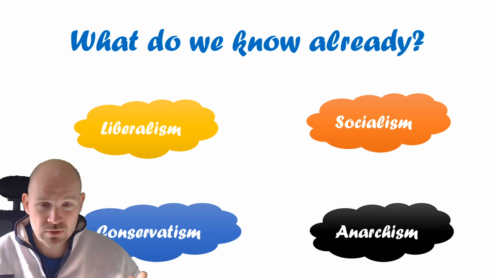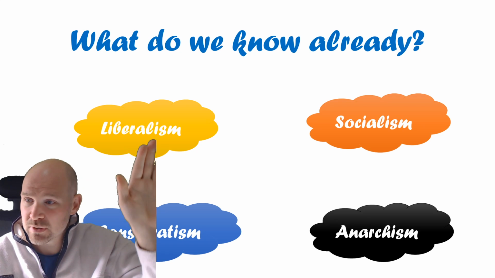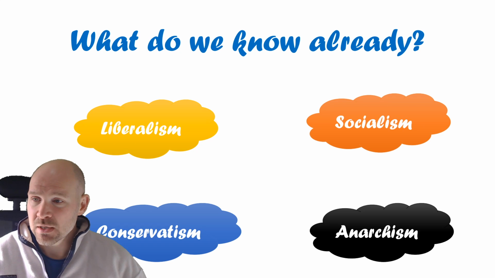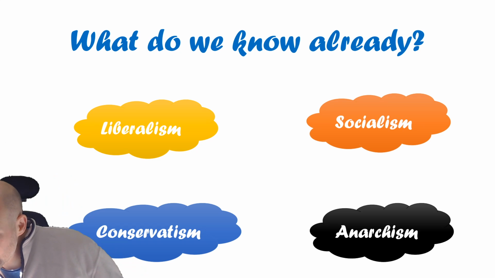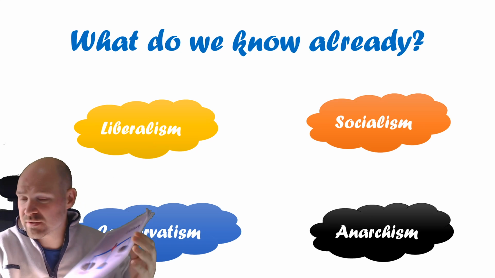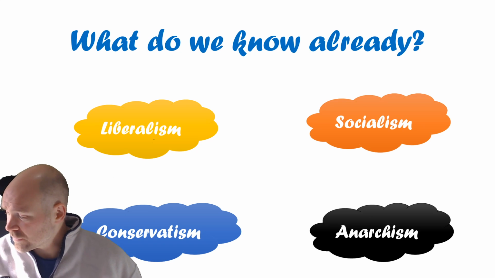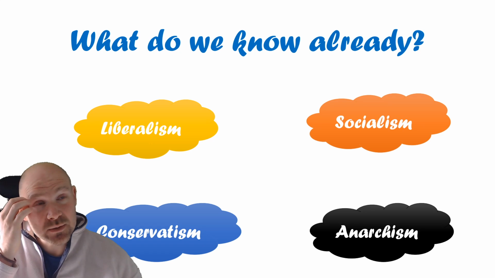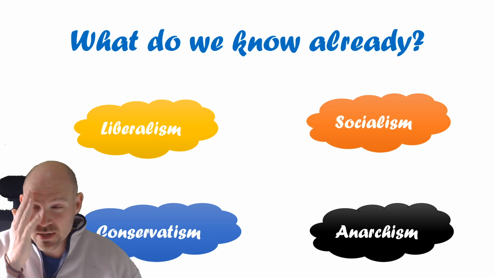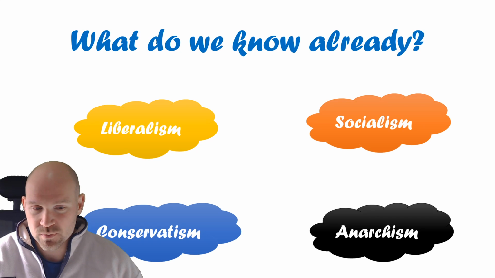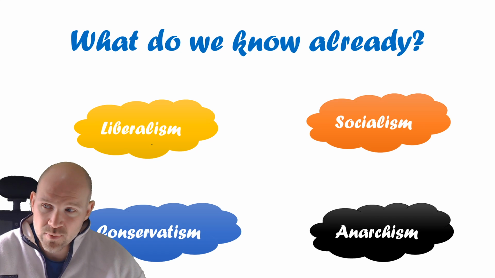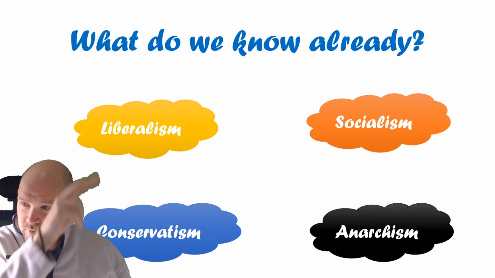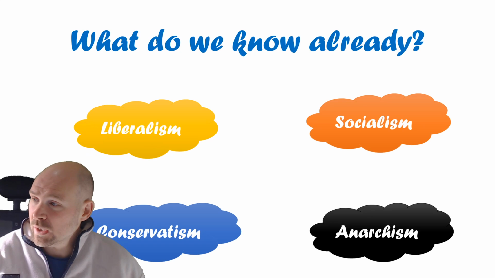In these videos and in your lessons, I will be doing it in this order: liberalism, conservatism, socialism, anarchism. The specification actually puts conservatism first, but in my mind it makes more sense to start with liberalism, as some of the earlier key thinkers tend to be there, and then the idea that conservatism comes up as a reaction to it tends to work. Theoretically you can start anywhere, but liberalism and conservatism are probably the two most sensible places to start, and so we will be starting there.